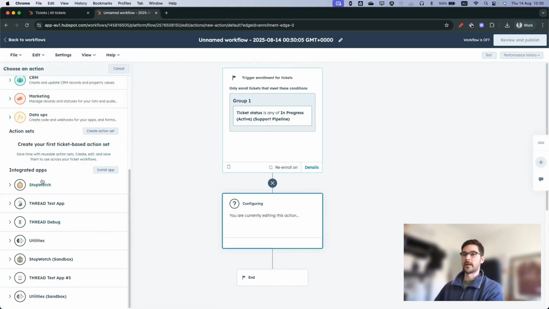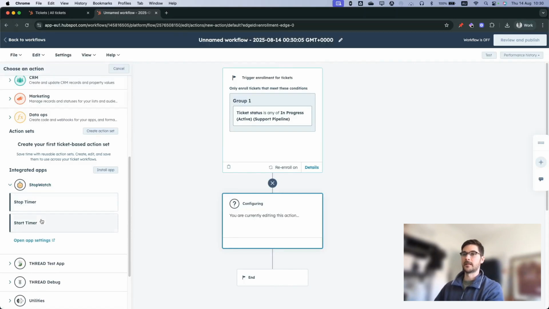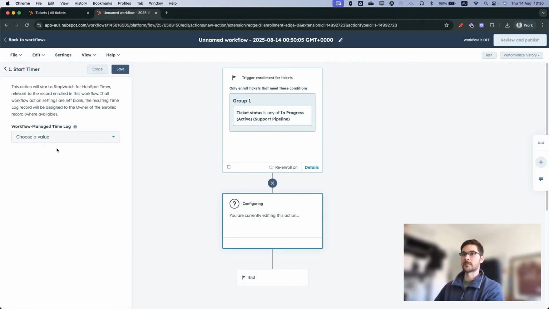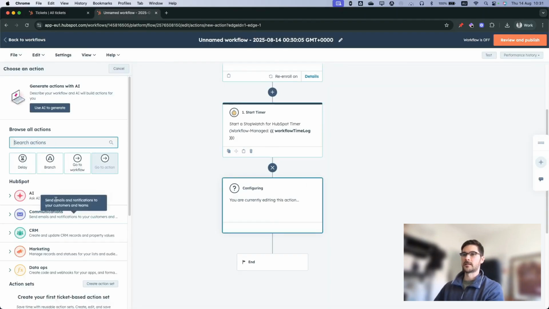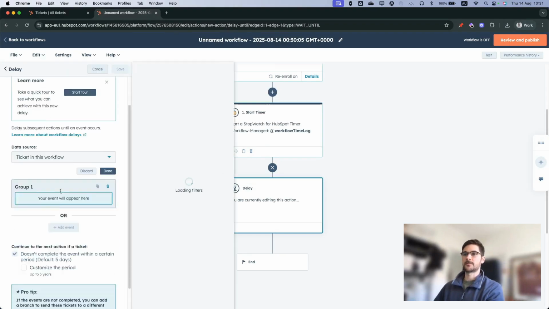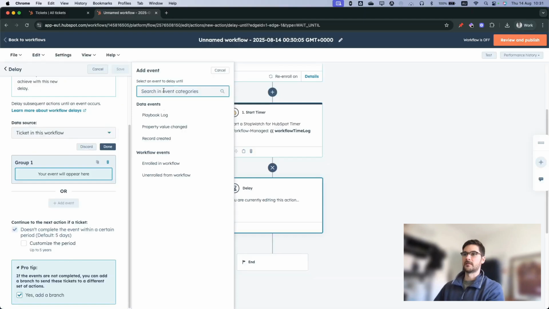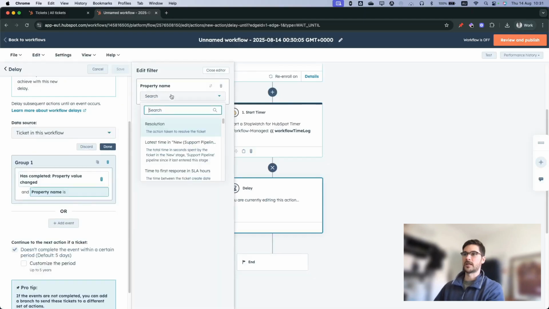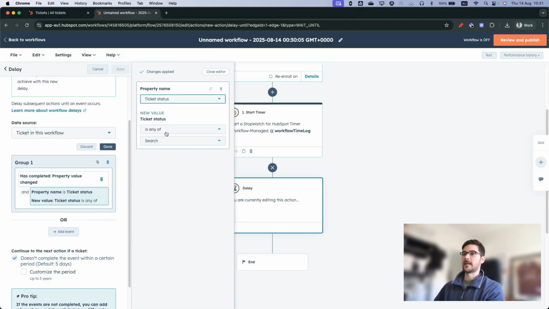At this point, I want to go ahead and start the stopwatch timer using the custom workflow action. I'm just going to leave this with the default setting for now. So we've gone ahead and started the timer. Let's set a delay until an event occurs. That event is when a property value changes, so the ticket status is anything,